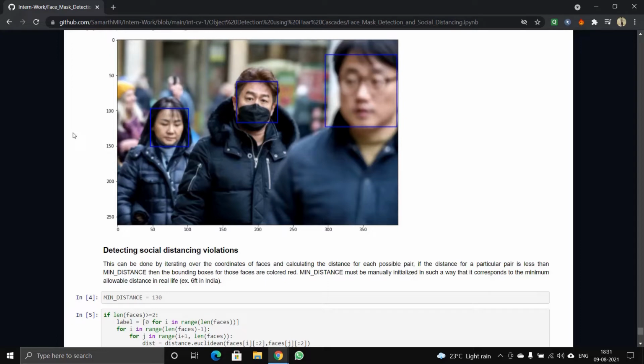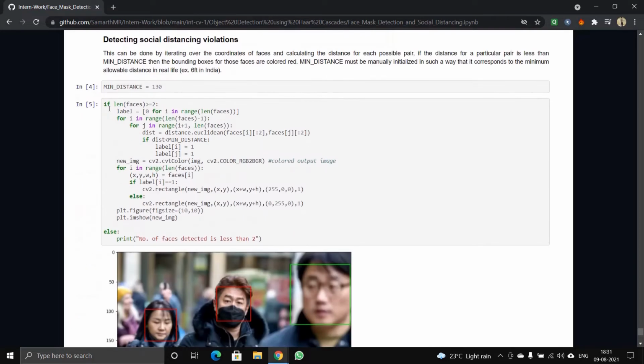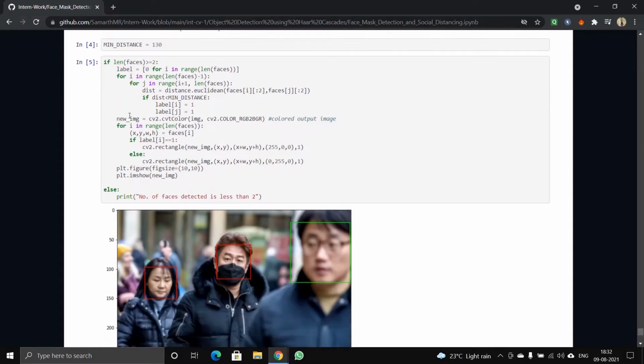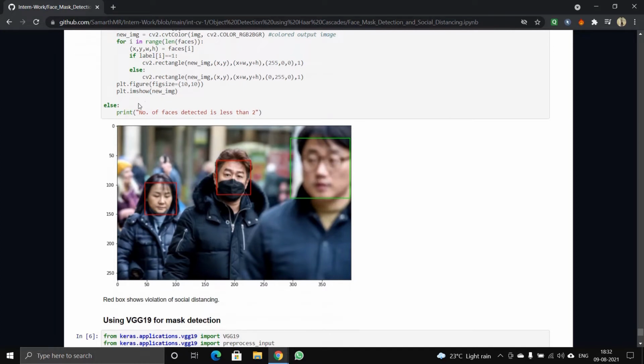Only then can you calculate the distance between two persons and decide whether there is social distancing between them or not. So if you check the condition, if the number of faces is greater than or equal to 2, then you can detect the distance between the two input faces, or else the message that the number of faces detected is less than 2 will be printed.